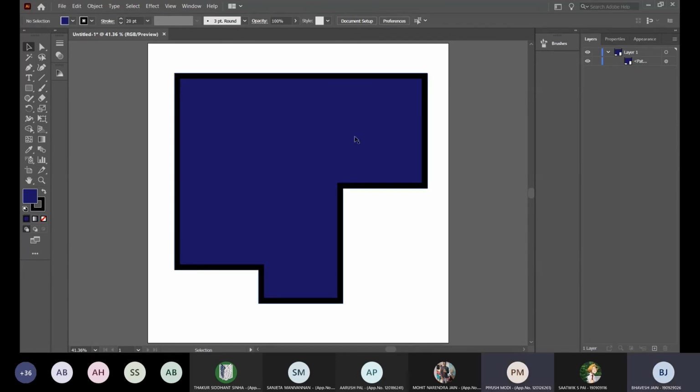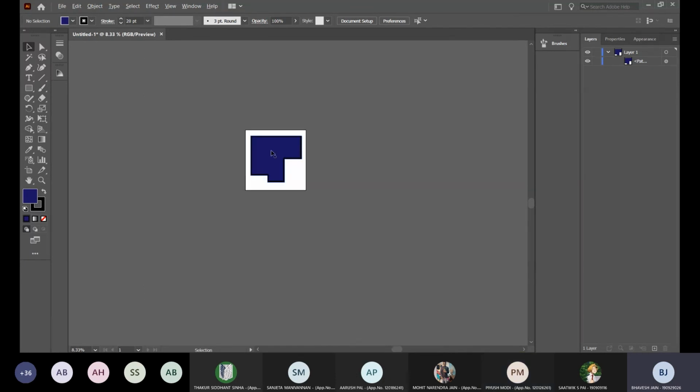Not an issue, but if there are multiple shapes, can we remove the border from one particular vertex, like remove the border from one of the sides? Then we can make two different shapes at the same level if we can remove the border. Okay, so that's what you're saying. Okay, I'll show you. Wait.